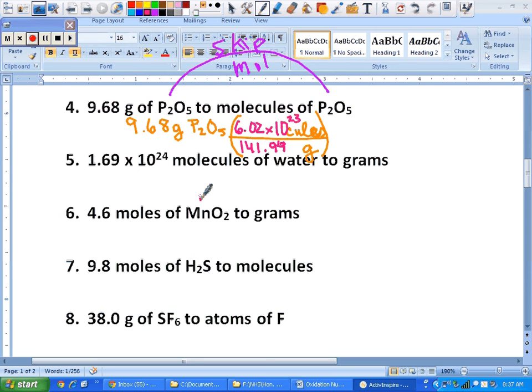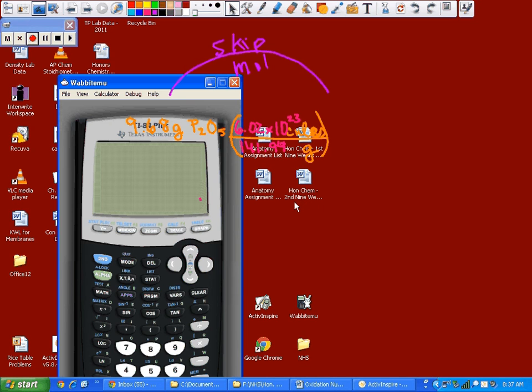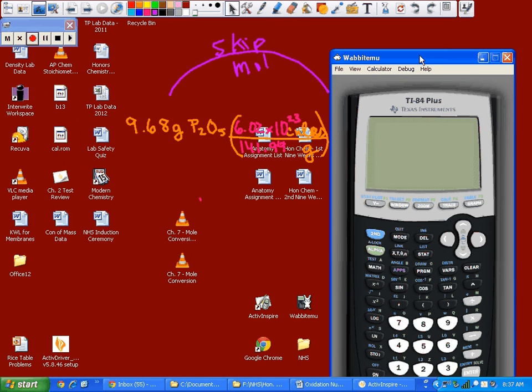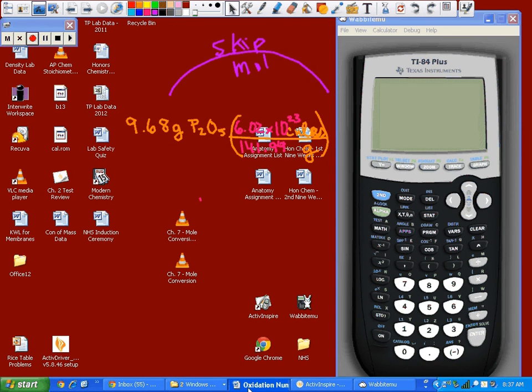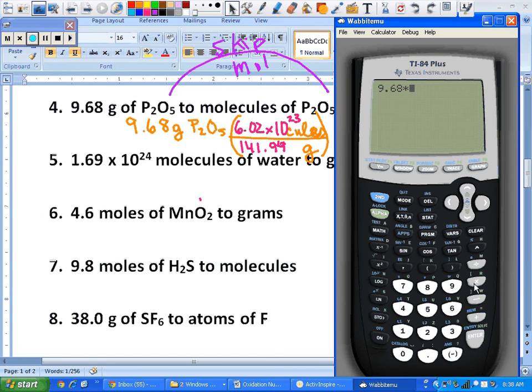Now, let's do this. I want to help you guys out so you can see it. Let me pull up the calculator. So remember, the reason I'm pulling this up is because of the exponent. So I just want to make sure you get it. 9.68 times 6.02 EE 23 equals, divided by